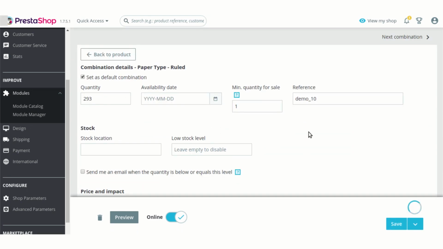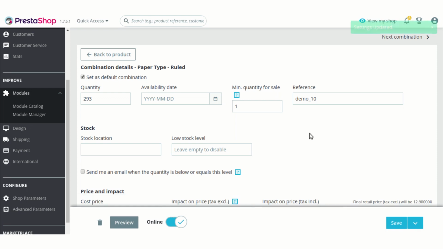Let's save the settings first. Then I will show you exactly how this functionality works. We have successfully saved the settings.